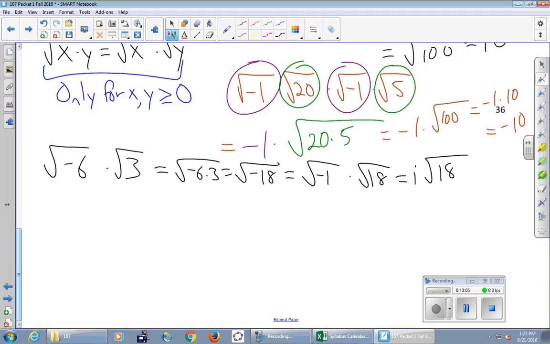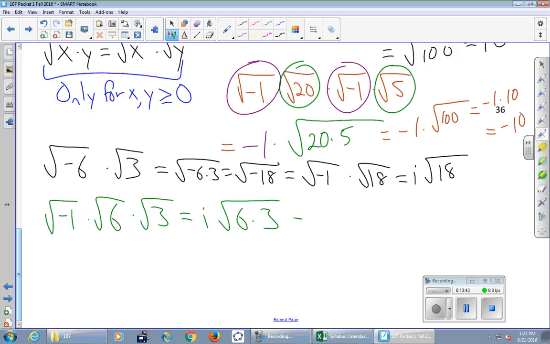You could clean up the root 18 because 9 goes into it, but we're not going to do that right now. The way that for sure works is to break this -6 up into a -1 and a 6. Yep, and then the other guy is copying the root 3. Okay, this square root of -1, what is that also known as? That is definitely I, right? Square root of -1 is I, so definition. And then the thing that's a lie is absolutely true as long as the numbers are all positive. So 6 and 3, we definitely can push together with no problems at all. We get that. So this is equal to I square root of 18.